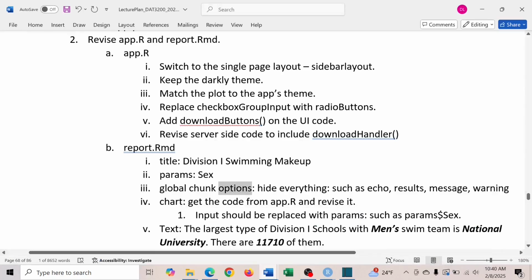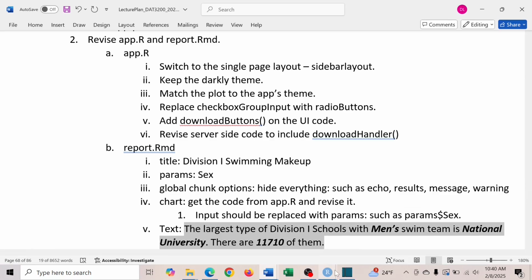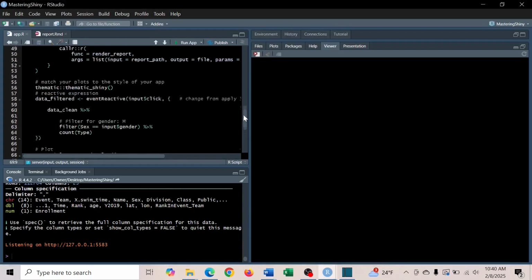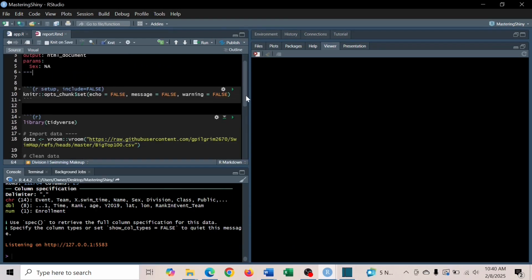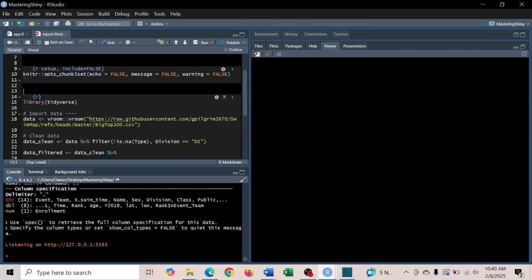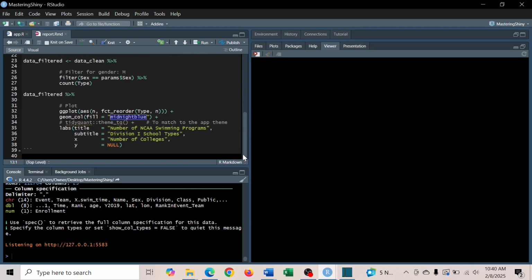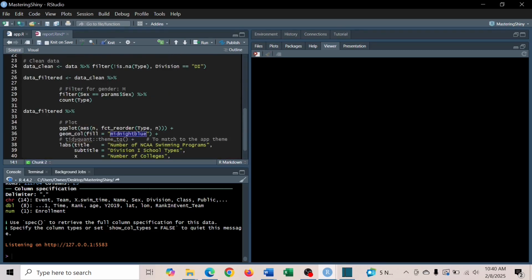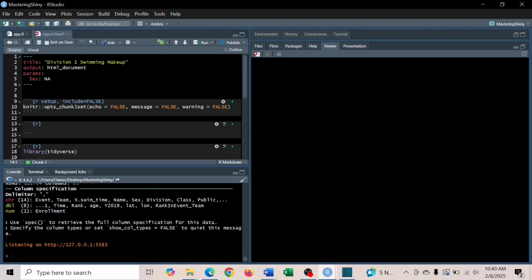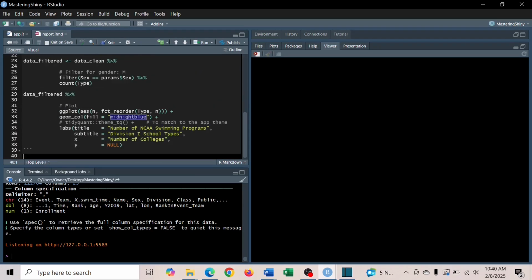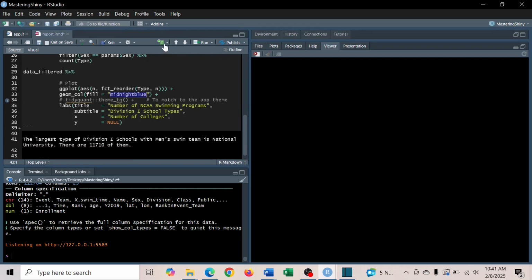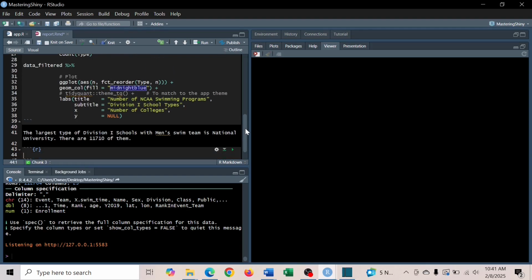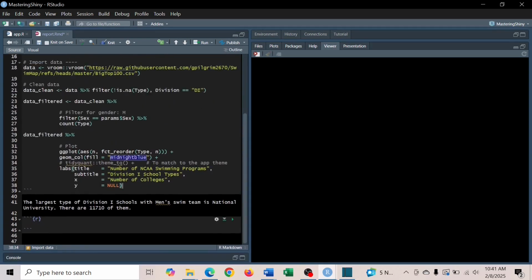The last thing we want to do is this text, some interpretation. Let's copy that. And we want to put it, right, that's very high. Oh, not app, the report file. So let's put that. Okay. So what we want is, let's put another R code chunk. Oh, not there. Control Z to undo. So we want to put it down here. So here's interpretation. And let's move our plot, R code chunk, and we want the plot